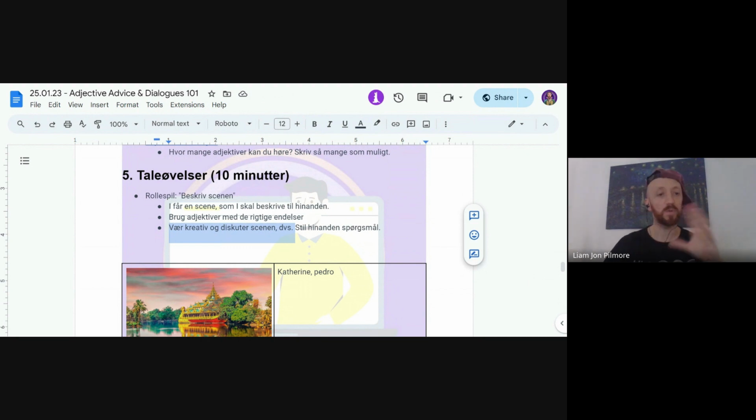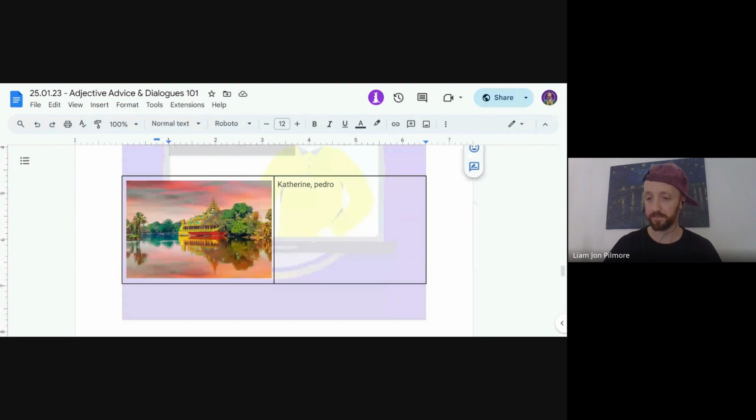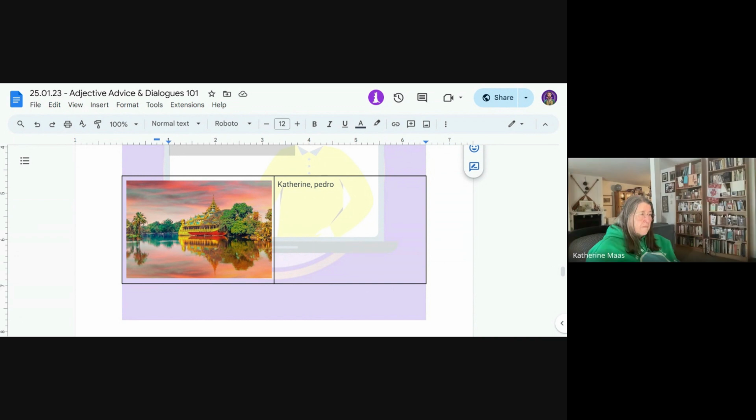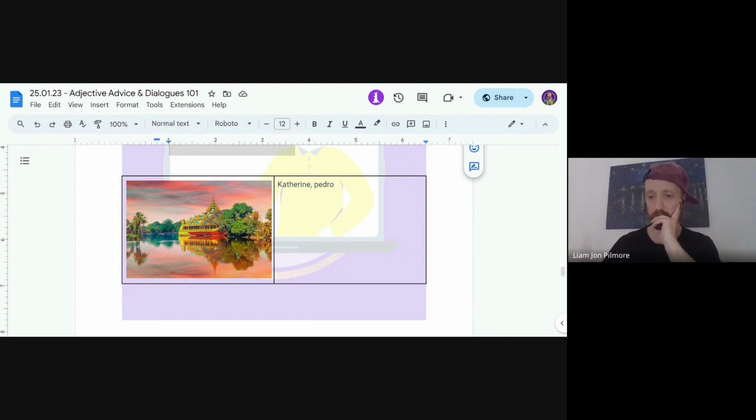Så kan vi sådan lidt opsummere bagefter. Så jeg laver de her breakout rooms, så kommer vi. Så nu skal vi være Catherine. Hvordan gør jeg det? Hvem var det nu? Det var Catherine og Pedro. Yes. Okay, here we go. Vi kører.